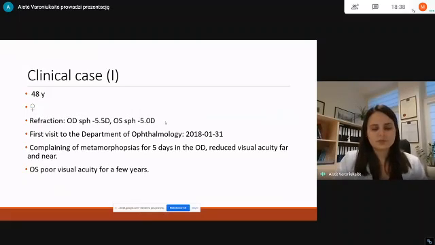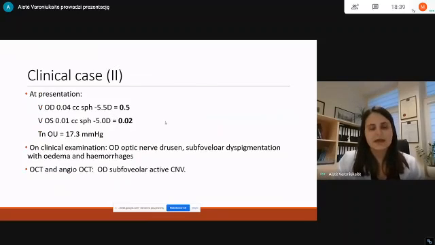The patient's first visit to our department of ophthalmology was in early 2018, and she was complaining of metamorphopsias lasting for 5 days in the right eye and reduced visual acuity for a year. The visual acuity in the left eye had been poor for a few years already. At presentation, her best corrected visual acuity in the right eye was 0.5 and in the left eye 0.02